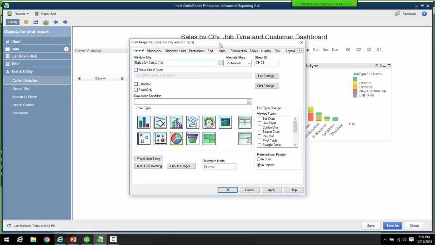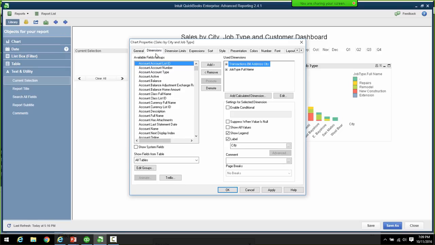Now, notice because we've already cloned this, all the tabs appear for this. So we're not clicking on next to get to the next tab. So let's go and change the dimensions. Here, what they want us to do is they want us to change the existing dimensions a little bit. So what we're going to do is we're going to put in another one called customer.parent full name. Okay. We're going to remove these two. We don't need them anymore, but we're going to add